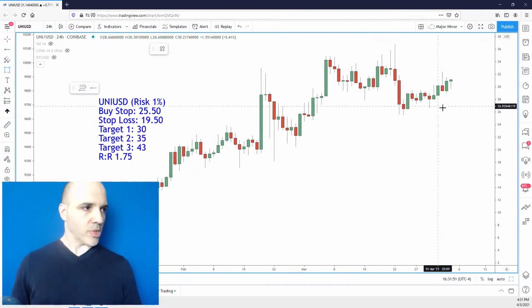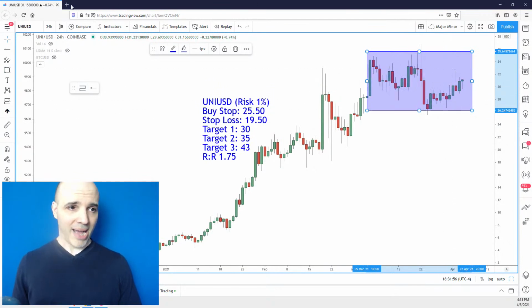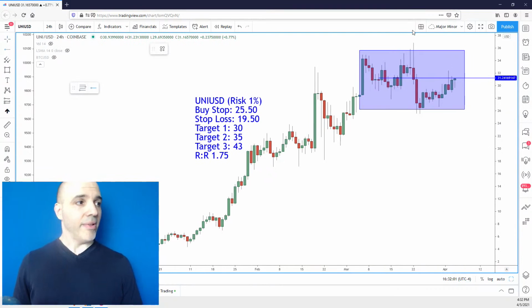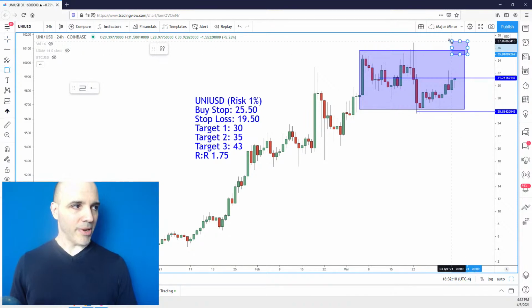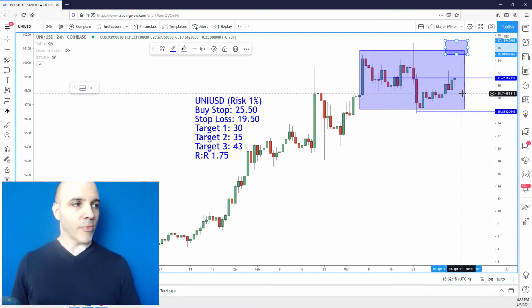So as far as Uni, Uniswap, this is a consolidation. I wouldn't be buying it now because this is a lousy price, lousy area, middle of the range. And with what we saw with some of these other coins pushing their highs, why isn't this one pushing its highs? This thing should be up here. Why is it not? That's a red flag for me. I don't like that. Look, the swing trade, there's nothing to do here but let this thing do its job. There's no sell signal in place. I just wouldn't put any new risk on here.